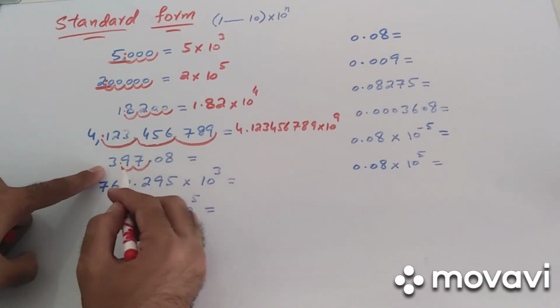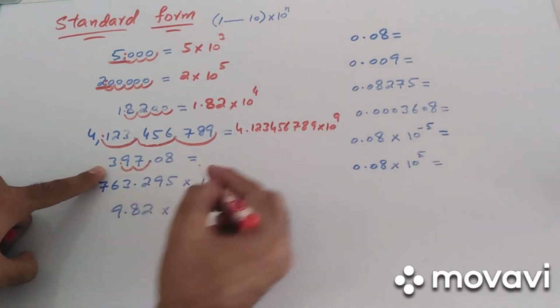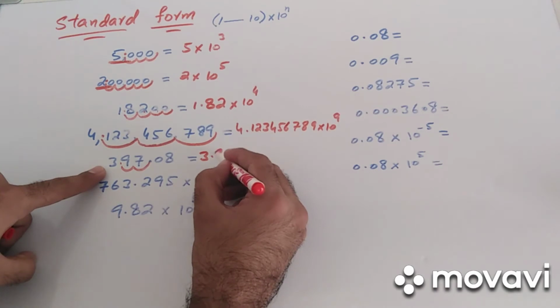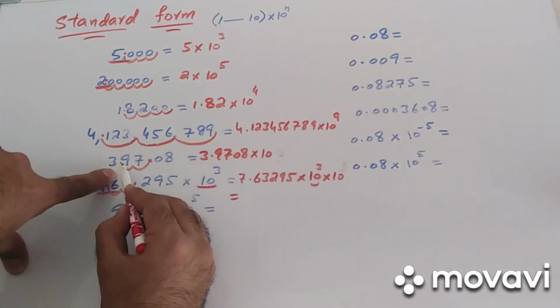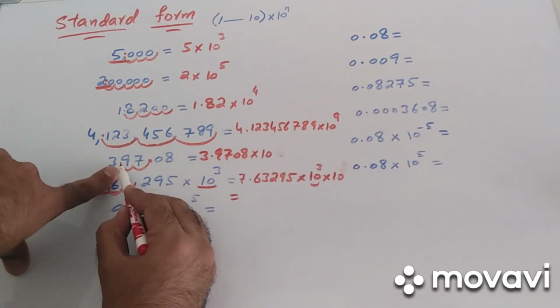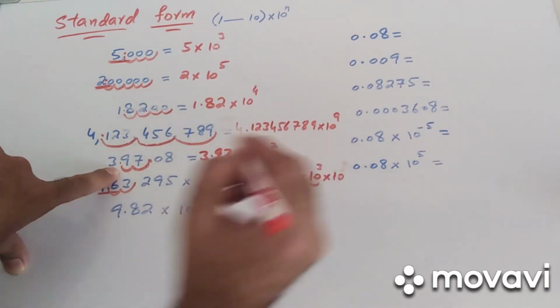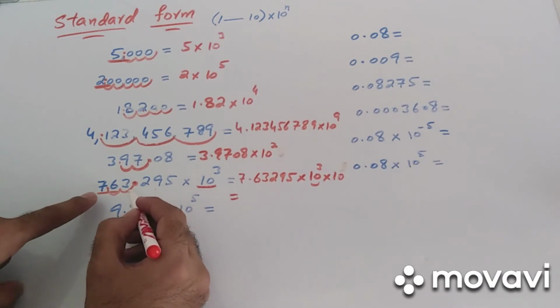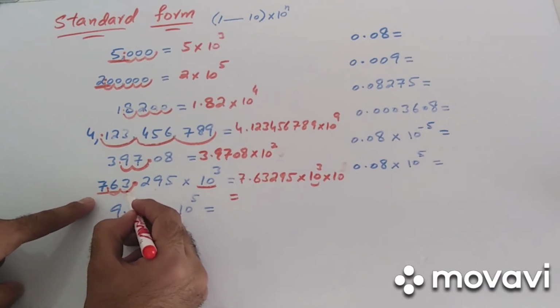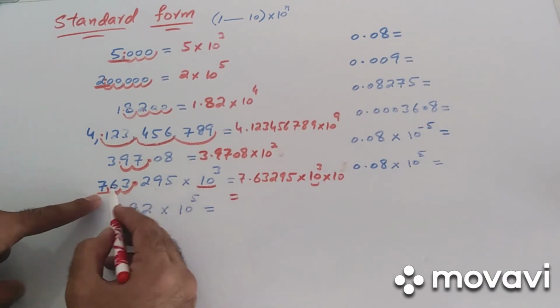So it means you have to bring the decimal 2 places. First of all, the new number will be 3.9708. I'm just writing the number now, 3.9708. And now from there, we just have to count how many decimals did we move. So we just moved 1 and 2 decimals, so it's power 2. The decimal in the question was there, we just had brought it 1 and 2 places back, so it's the same thing,